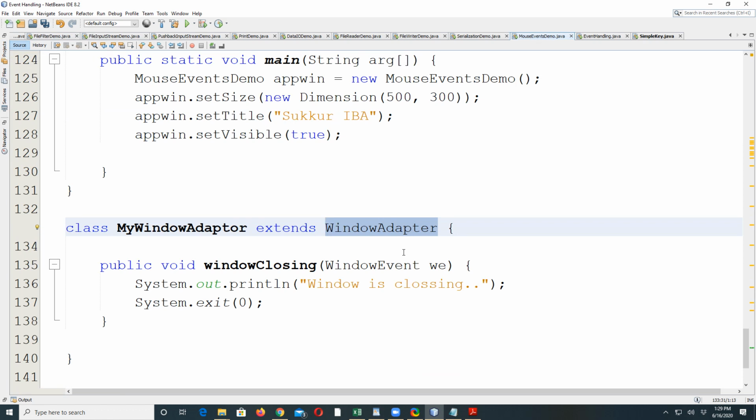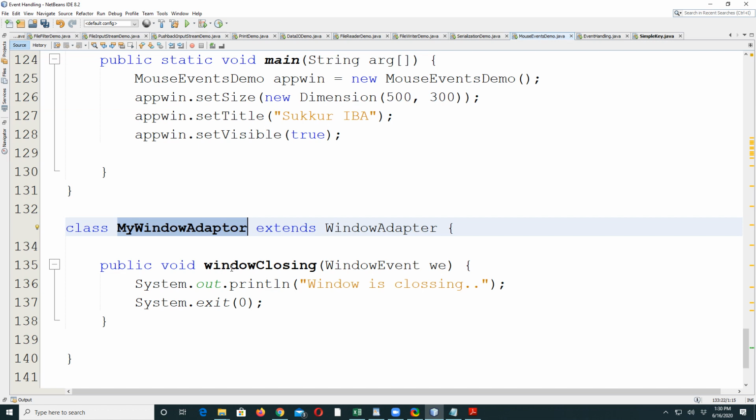Now in window listener there is not only window closing, there are other methods as well, but I'm not interested in those methods, and thanks to window adapter it is already giving empty implementation of all those methods. That is the reason why my window adapter can act like a window listener, but at the same time it is not bound to give implementation for all the methods in window listener.